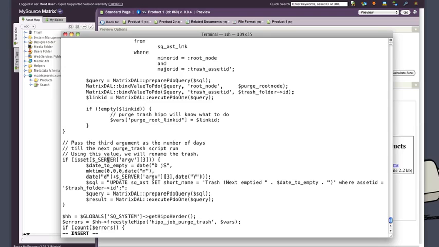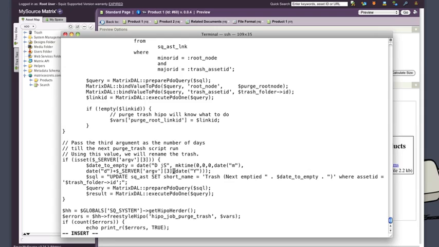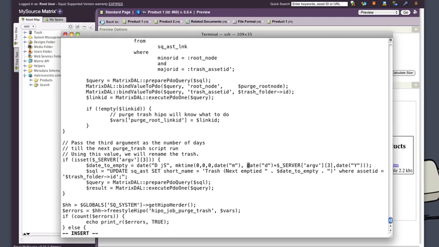It's saying if we're passing the third argument, so when you run this script you have to pass it a couple of arguments. If we're passing the third one, we're going to set the date in here. And let's just put that on one line so it's a bit more readable. And what we're actually going to do is connect to the database and change the name of the trash, so at the moment it's just called trash, to append some text to warn the user when it's next going to be emptied. So if I save that now,